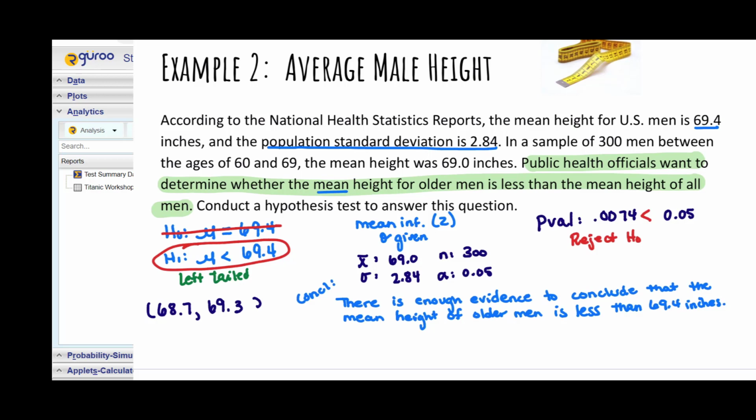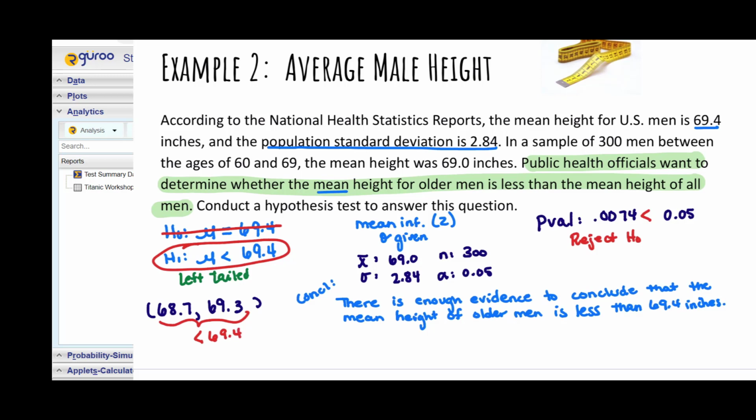question earlier. Now, going over to our confidence interval, we would say we are 95% confident that the true mean height of older men is between 68.7 and 69.3. So, is there evidence to suggest that it is less? Is there evidence to suggest that it is less than 69.4? Well, look at this. 68.7 to 69.3. This entire thing is less than